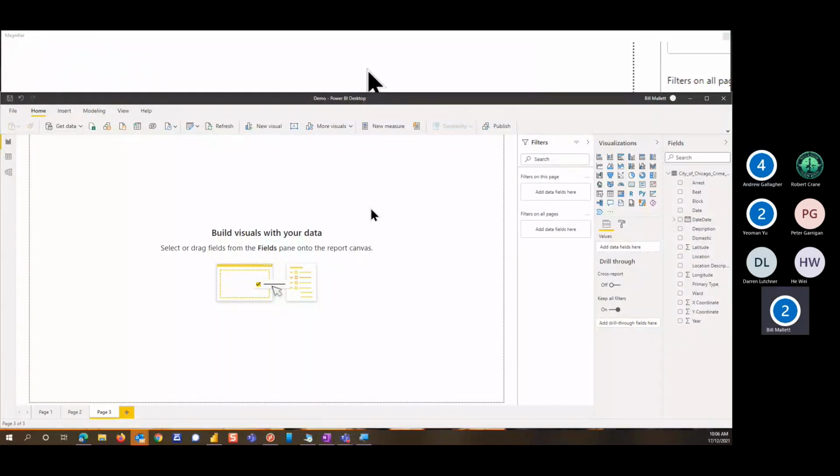Thank you, Andrew. So what I'm going to do is a demonstration of a few different types of visuals and a little bit of what else you can do with the data. I decided to do some analysis of some crime figures from Chicago. I downloaded a spreadsheet, and there's an issue with the CSV file. If I open it,